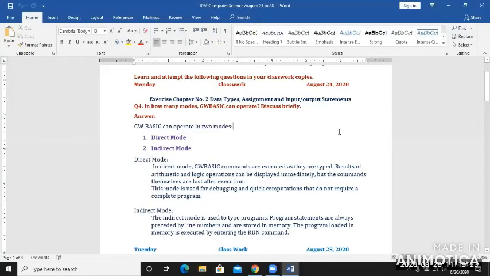Okay. BASIC stands for Beginner's All-Purpose Symbolic Instruction Code, and you have studied the introduction of this language in your class 9, chapter 1. But here I'm going to revise it: the BASIC language was developed by John Kemeny and Thomas Kurtz at Dartmouth College, USA. This was particularly designed for,